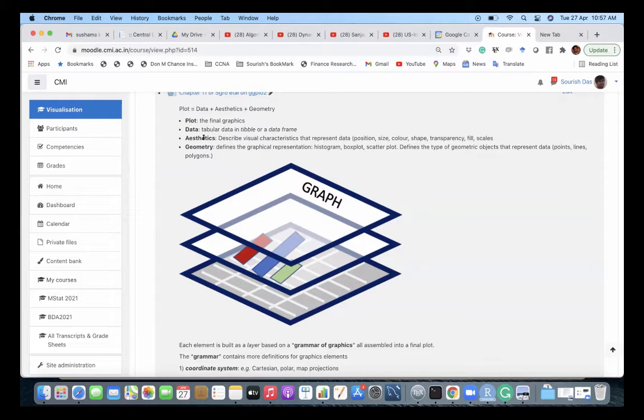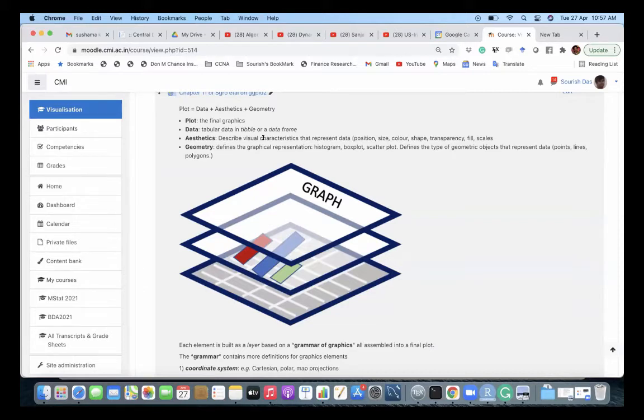The second component is called the aesthetic. The aesthetic describes the visual characteristics of the data, like position, size, color, shape, transparency, fill, scales, all these things.